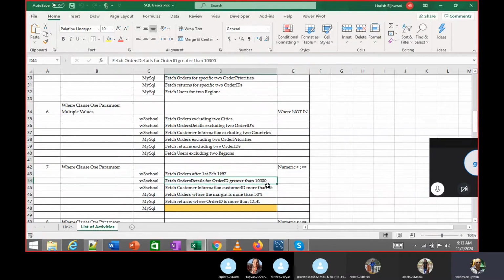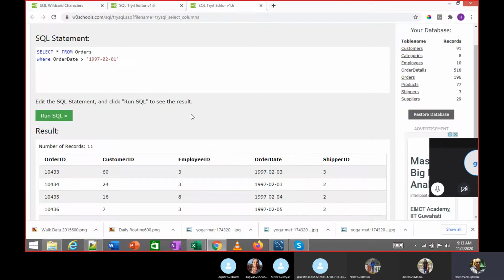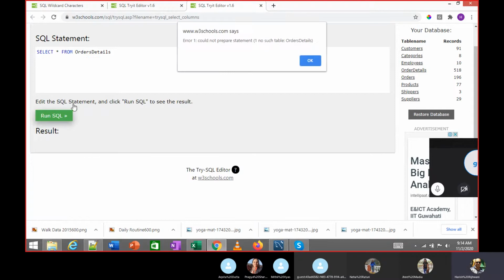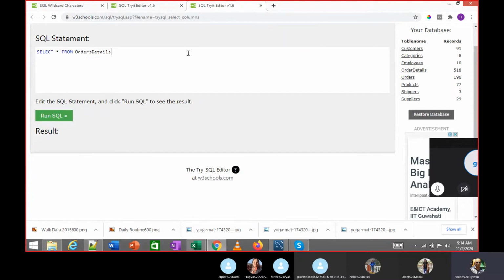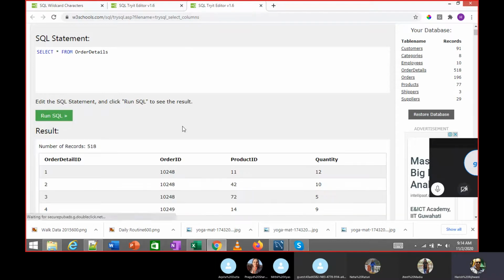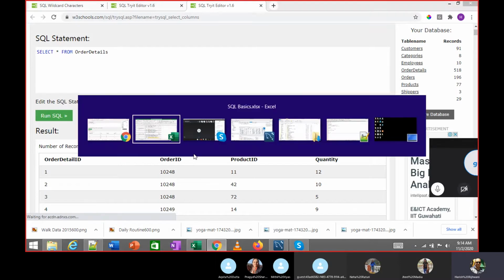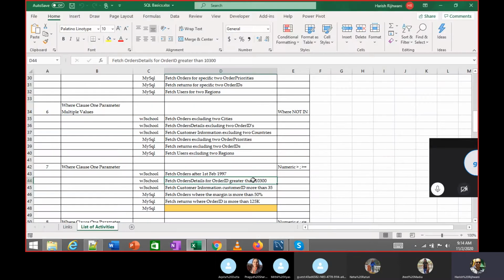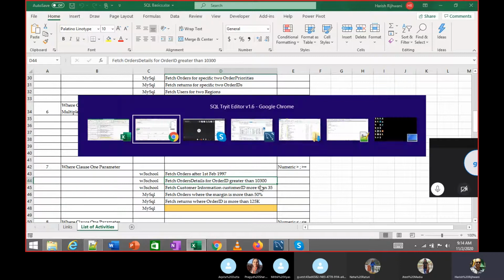Order details where order ID is greater than 10,300. So you've taken orders, so you're going to take order details. In case of order details, we are saying order ID should be greater than this number, 10,300.